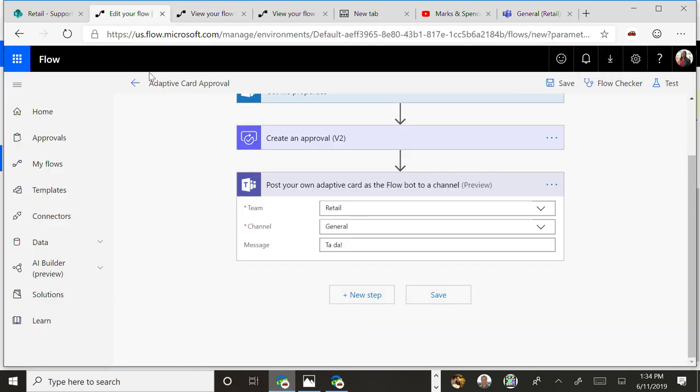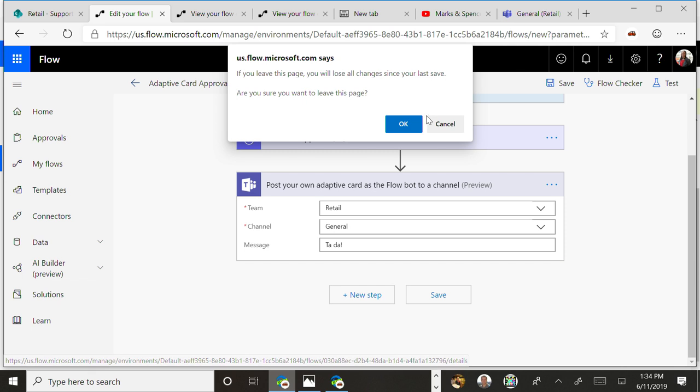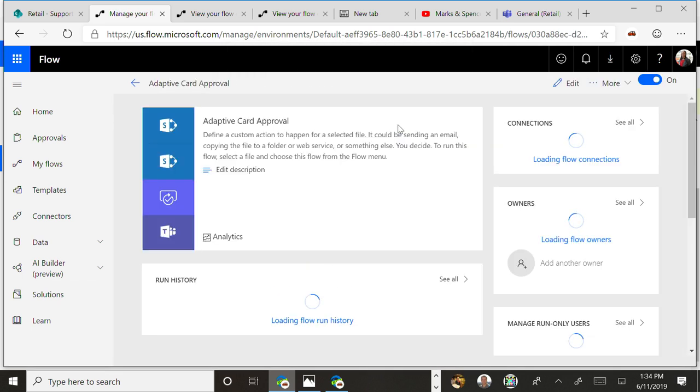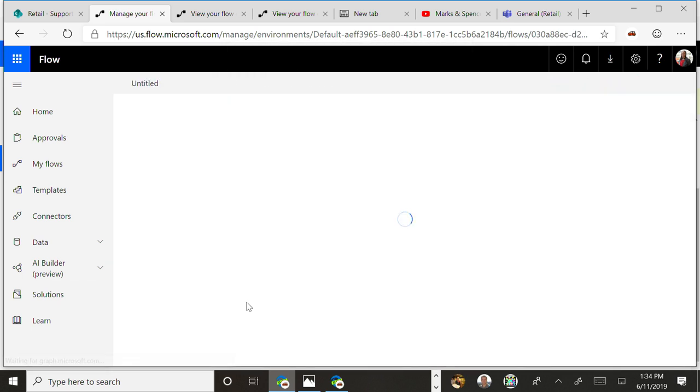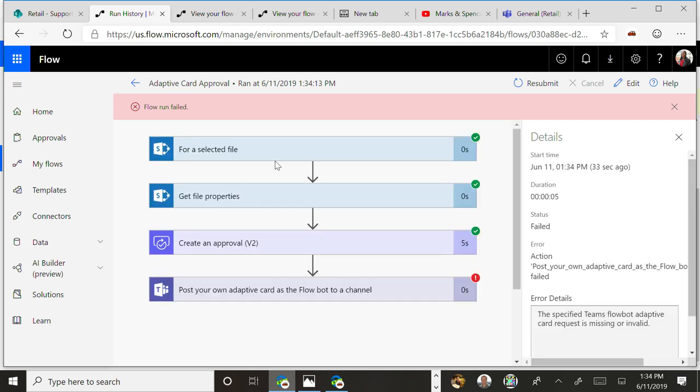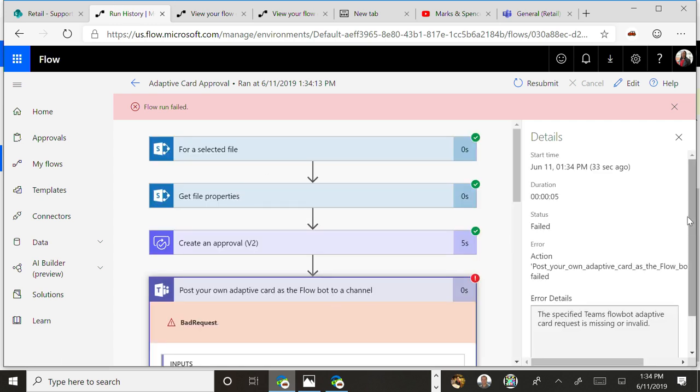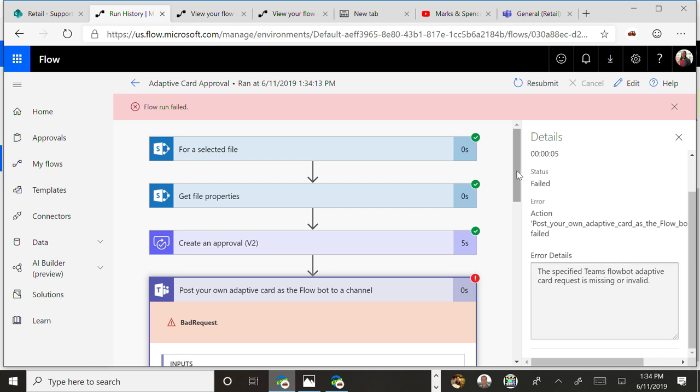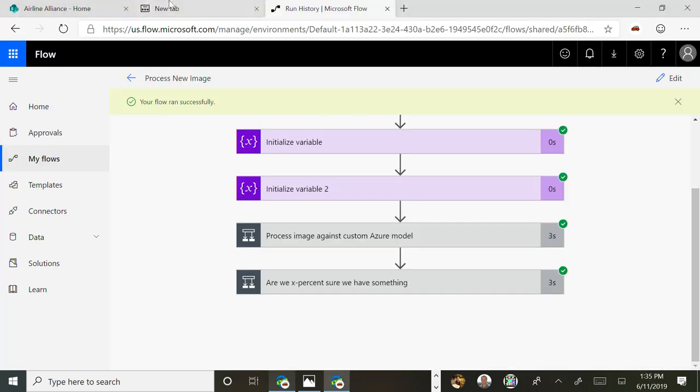Let's take a look at my flow. It should be saved. Oh, we had a failure. Let's see what happened. It wasn't the link. It didn't like the adaptive card. So, glitch of demoing live. So I could rework this, but this is going to kill the rest of the session. So apologies that I mistyped something there, but that's essentially how you can bring forward an adaptive card.